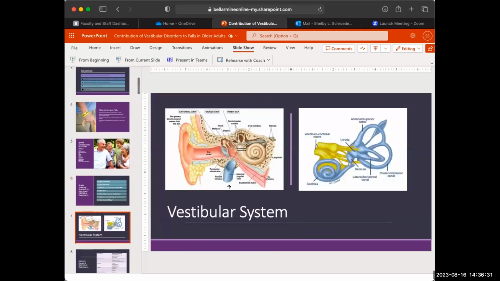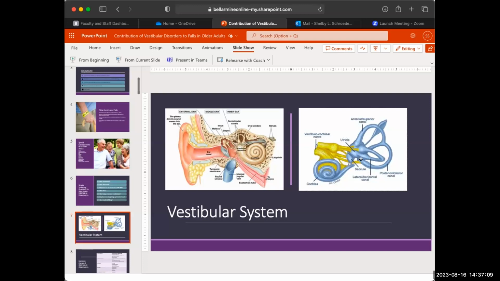So just to visualize the vestibular system, since that's specifically what we're talking about here, here are some pictures. You can kind of see how small the inner ear is in comparison to the ear itself. We've got the outer ear, and then going into the cochlea and the tiny little semicircular canals. And then the right picture is the cochlea and the nerves that supply the inner ear. And then the semicircular canals are on the right side.